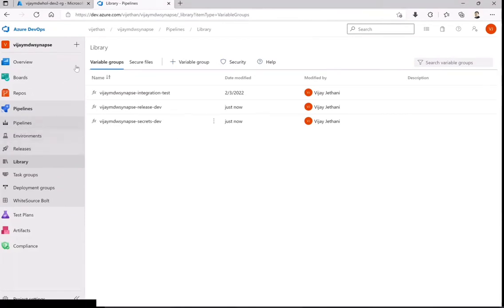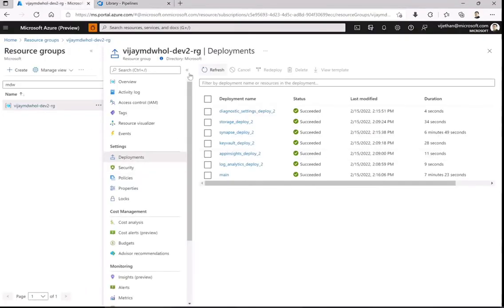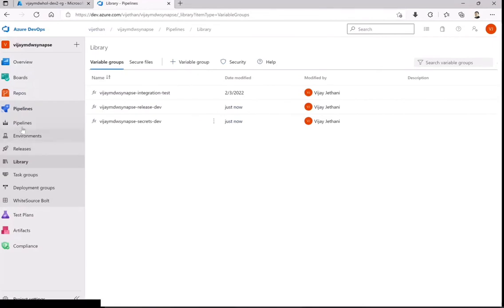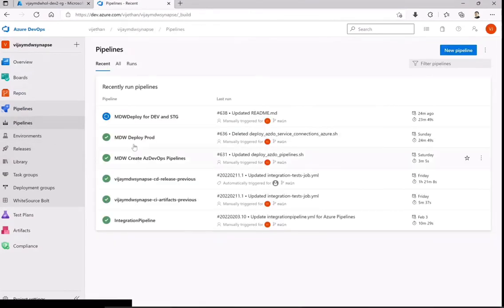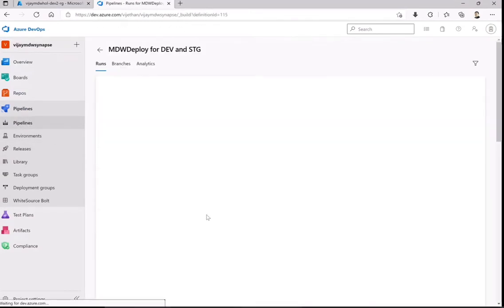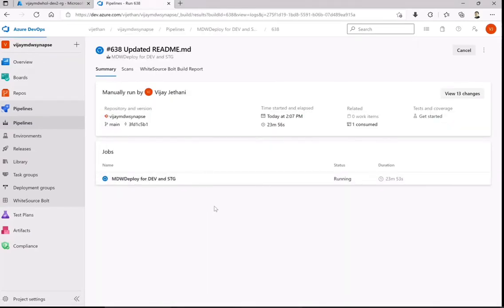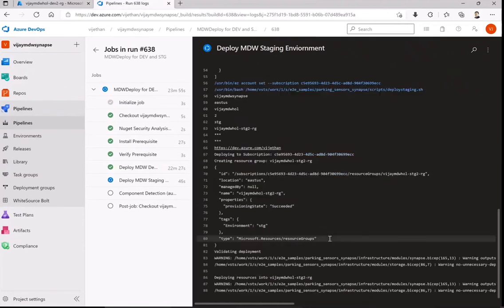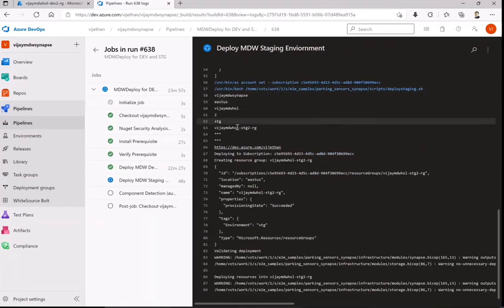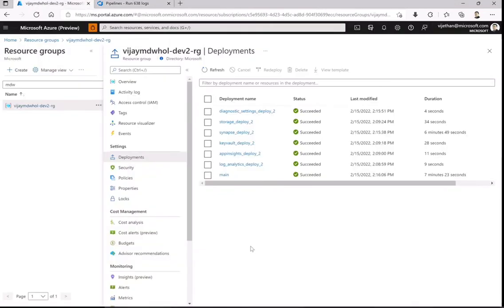Okay, so as of now, I think we are done with the pipeline stuff, or at least the first part of the dev environment is ready. So I think we will see in the log that it is proceeding towards the staging. Exactly the same stuff. It echoes exactly what it is creating. After validation, it will try to create that. So meanwhile, let's get a hold of what the dev environment looks like.